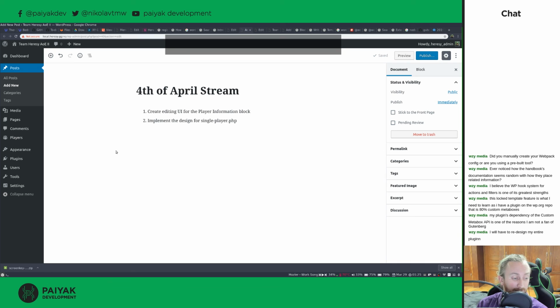I guess that's true. For a little while you're gonna be able to use the old one, but yeah, you're pretty much gonna have to redo all of your work within Gutenberg. Not optimal, but